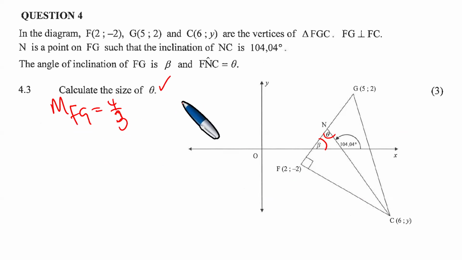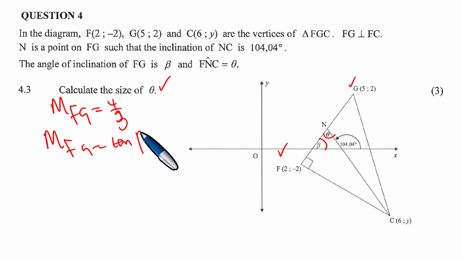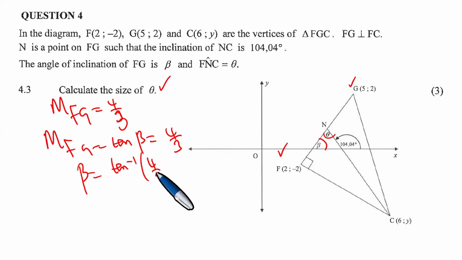Now, a couple of things are very important. We use the fact that the angle beta remains the angle of inclination of the line. So now we use the formula: the gradient of FG is the tangent of beta. Okay, the tangent of beta is 4/3. We want to find beta. Beta is arctan 4/3. Okay, what is arctan 4/3? Using the calculator,